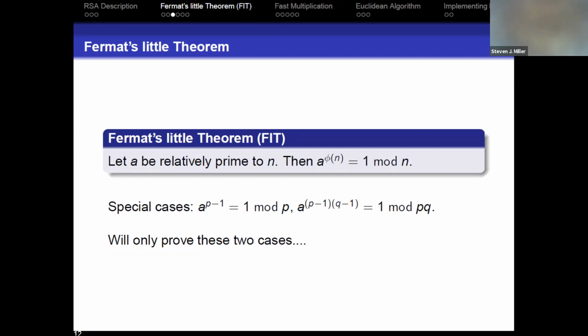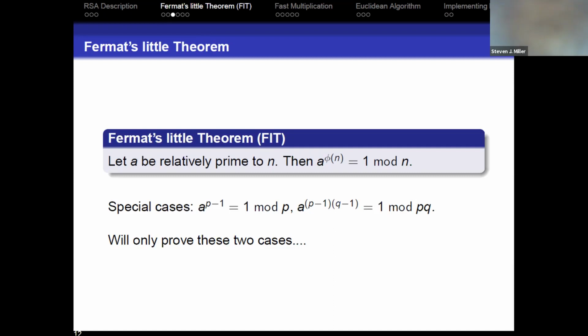All right, so the little theorem is: imagine A is relatively prime to n. If you take any such number A and raise it to the phi of n, you get 1 mod n. So whenever you see a theorem, you want to explore, well, what would happen if I removed some of the conditions? Well, if A has a factor in common with n, say they're both multiples of 3, then A to any power is also going to be a multiple of 3. And there's no way that this could then be 1 mod n, because this is a multiple of 3, n is a multiple of 3, so when I subtract it from 1, this would be negative 1 mod 3.